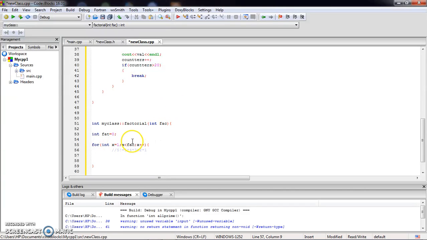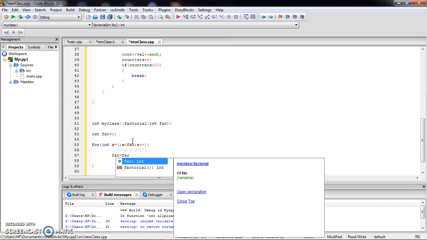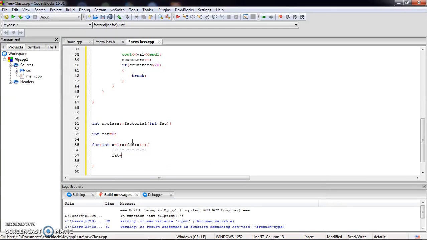So we are saying multiply that factorial, assign fact is equal to fact, is equal to, okay, fact plus I. So what is it going to do? Remember to do this. What it's going to do is that for the first time